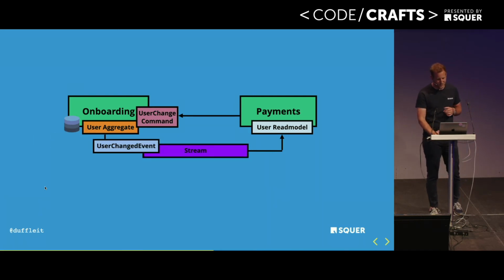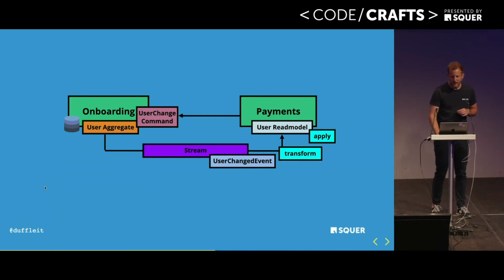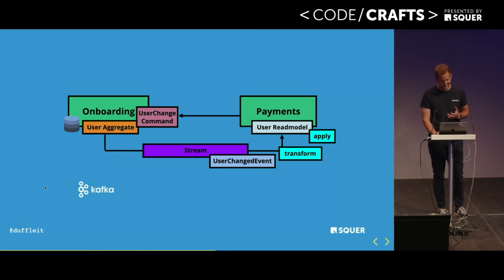So we publish this user changed event to a stream, we transform it, and then basically we apply it to the user read model. So it's, again, very similar to what we did in this simple JavaScript RxJS example on an architecture level. And one solution to do this, of course, is Kafka, but there are lots of other good solutions out there,